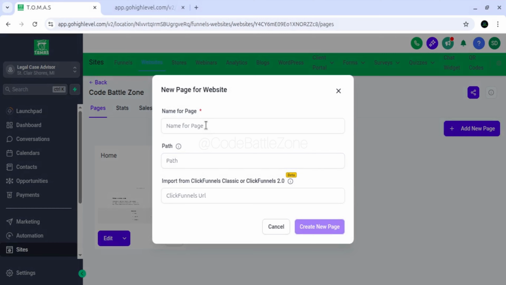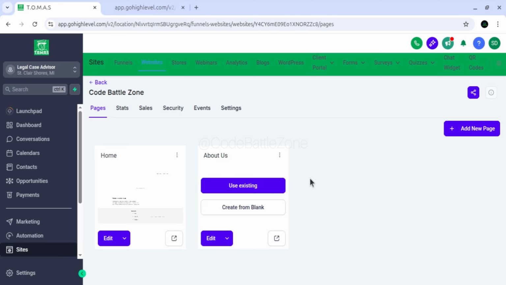Let's create an about us page. One thing you must remember when you are creating an inner page: the home page is the home page. That's fine. The domain will be linked to this website, like abc.com. abc.com will be triggered for the home page. That can also be managed from the settings. That is a different thing. But when you are creating an inner page like about or service, it's better to use